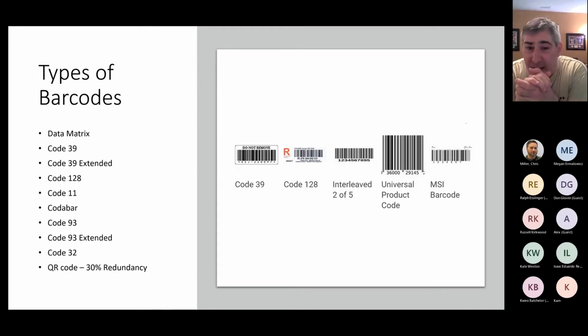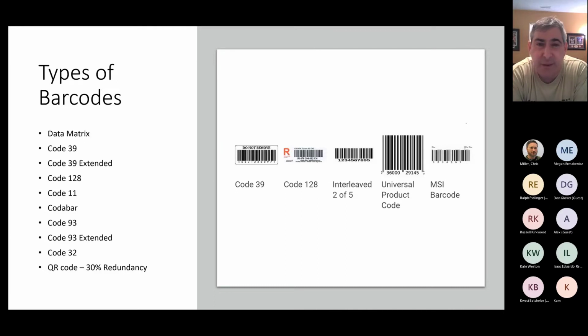Now, in the time of barcodes becoming popular, starting in the 70s, I'm sure some might have been created before then, but when it became popular, all the different variations started coming out. And I've got the list of them here. I'm not going to read everything, but data matrix, Codabar, code 39, which is very popular, and then all the way to QR codes. And interestingly enough, when I was writing this, I was talking with a friend of mine about QR codes,